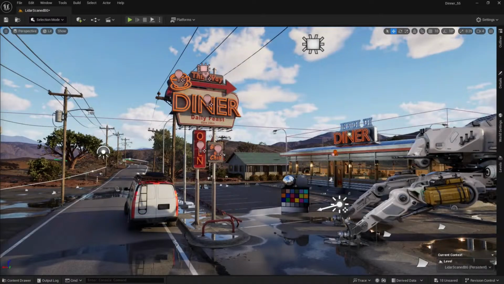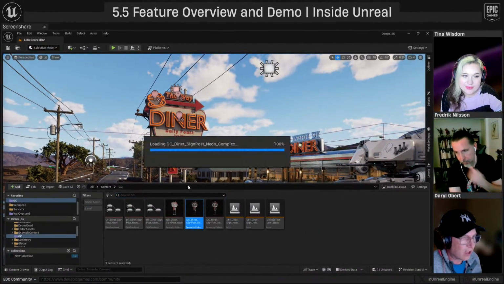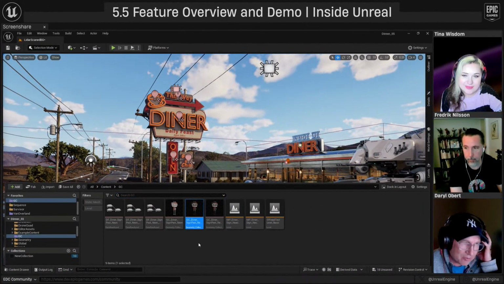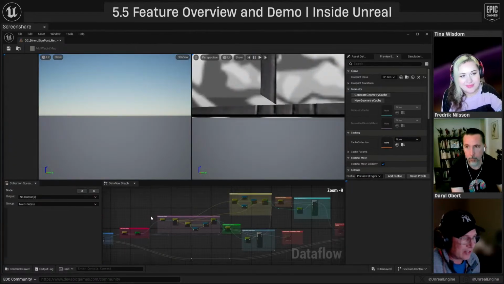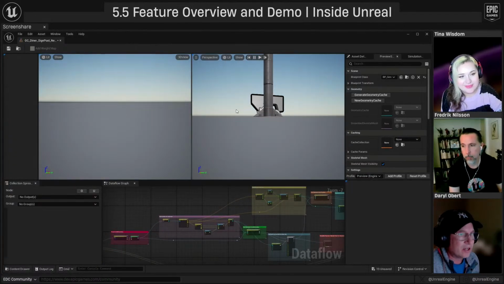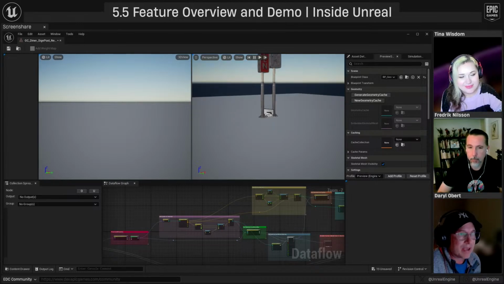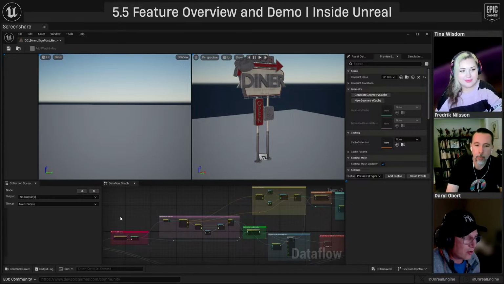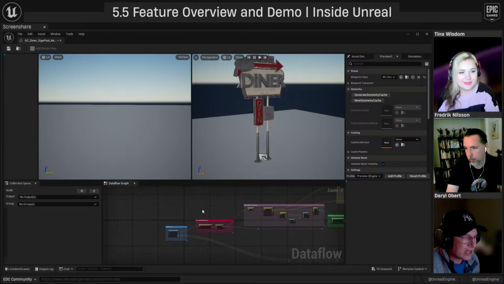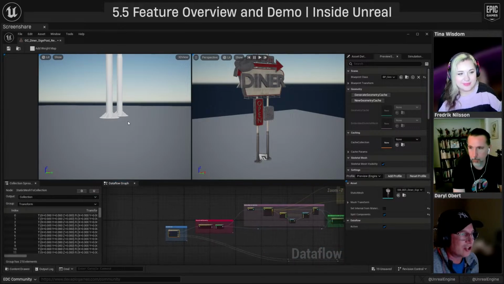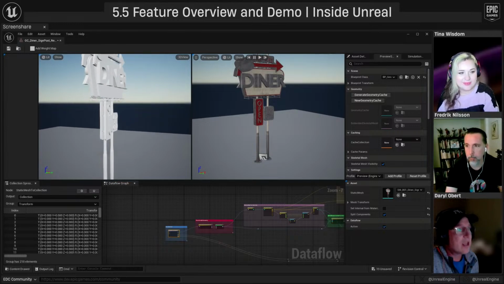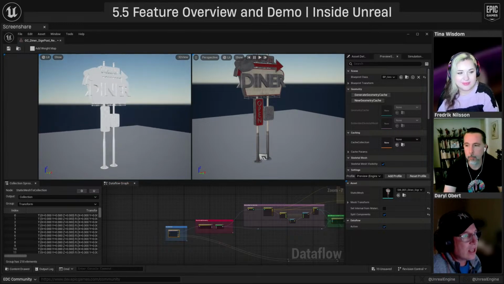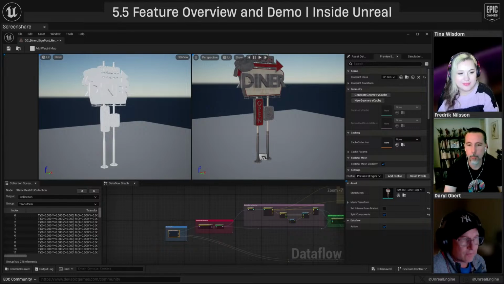So let's look at a slightly more complex example of the sign. Same concept, right? We're going to be doing basically the same thing. We've got our preview window on the left. We've got our playback and finished result window. The simulation window here on the right. So the way it works is if you click a node inside of the data flow, it's going to show you the preview window. Right now, it's worth noting that the pieces need to be watertight for the fracturing to work.